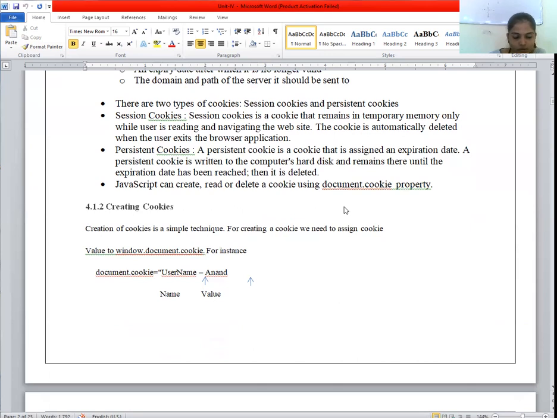Now let's move to the next point, creating cookies. Creating a cookie is a simple technique. For creating a cookie, we need to assign a value to the cookie. In that case, we need the cookie's username and the document.cookie property. So window.document.cookie equals your username, which here we use Anand.